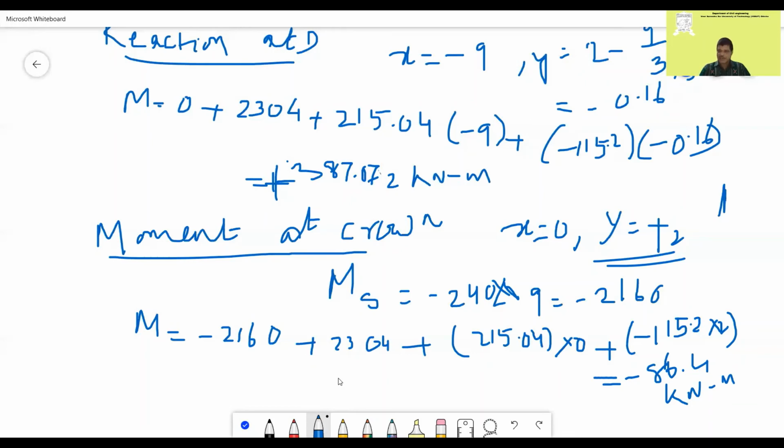Reactions are like this, and here all the things we have calculated with respect to the origin taken as the elastic center. With respect to the elastic center, we have found out the values of X and Y, where upward is positive and right is positive. If the moment is positive, then tension is inside. If moment is negative, tension is outside. Your reaction is upward positive. Horizontal reaction, positive means towards right, and left you have to find by equilibrium.